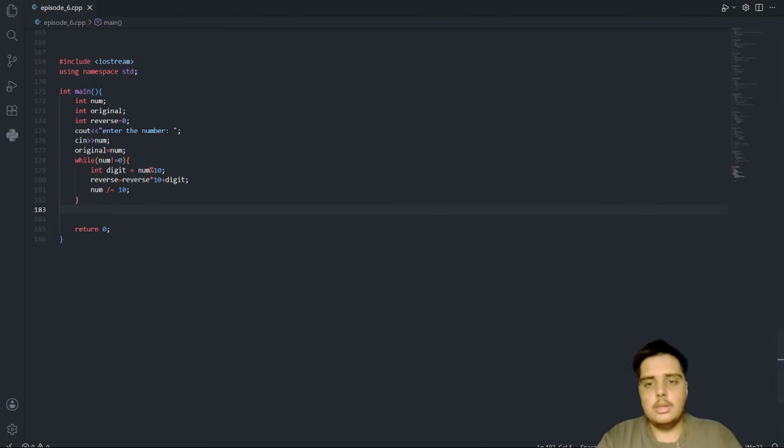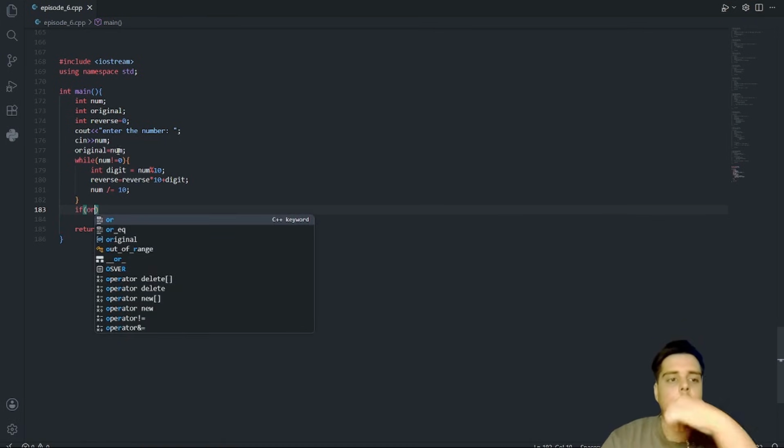But below this while loop I will also have an if. Understand the thing: the original is num before, and we have converted its reverse in the while loop, and its reverse is in reverse.